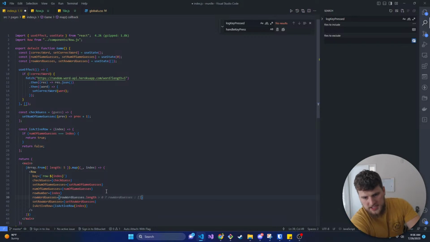And then if row word guesses dot length equals the current index, no. We just need to use the word that's in here and access it by the index, right? So if we put index here,